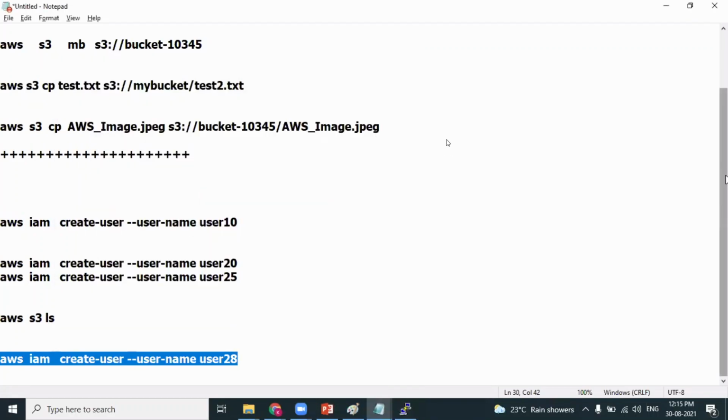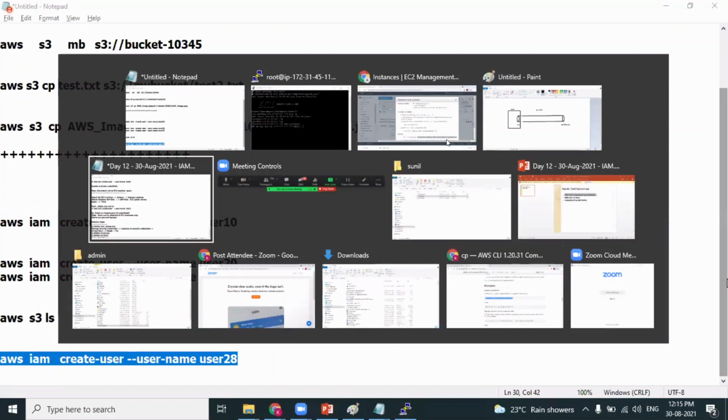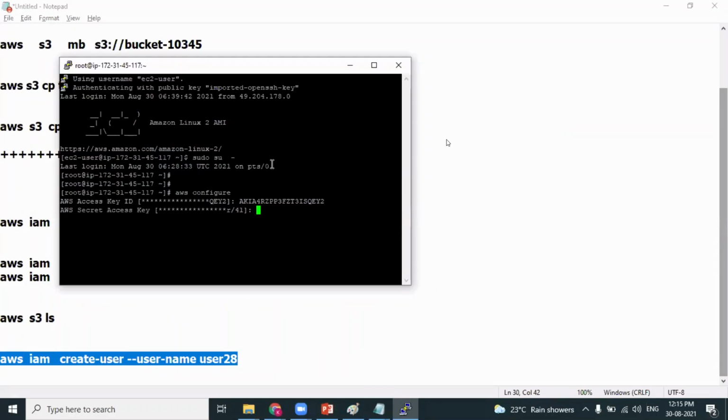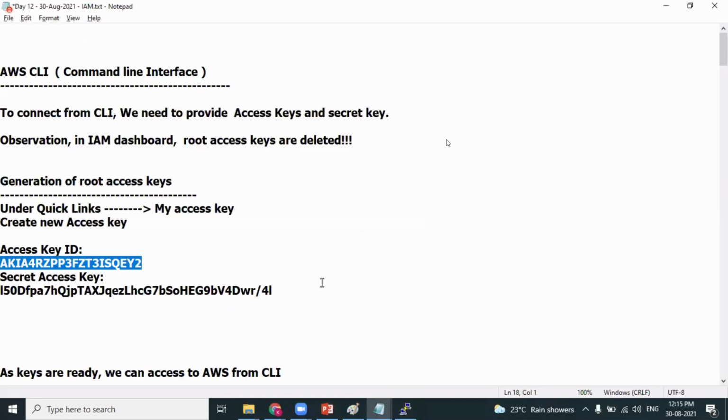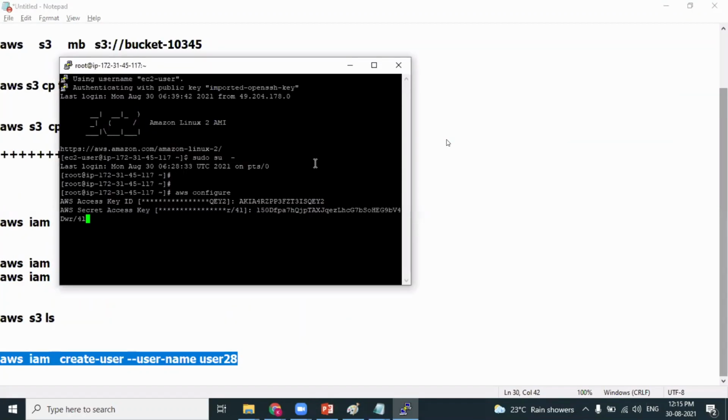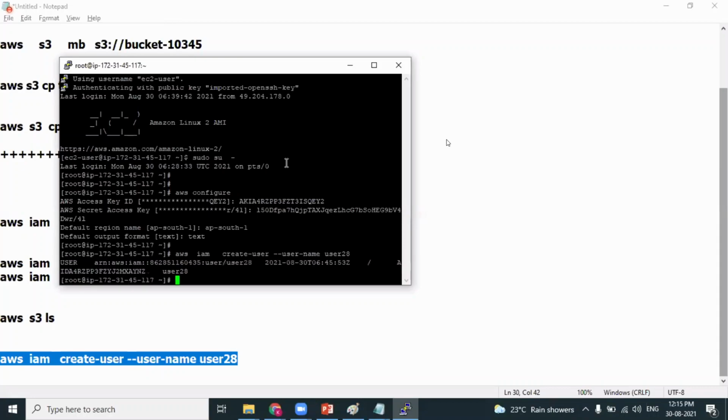Access key ID. So when there is a role, no need to provide this. Roles are a replacement of credentials. You don't need to provide the credentials because when you're trusting an EC2 machine, you will attach the role so that you'll have restricted access. And then, perfect. And then now I want to create an IAM user. As there is no restriction, Anuj, the user gets created. The command successfully completed. Okay.